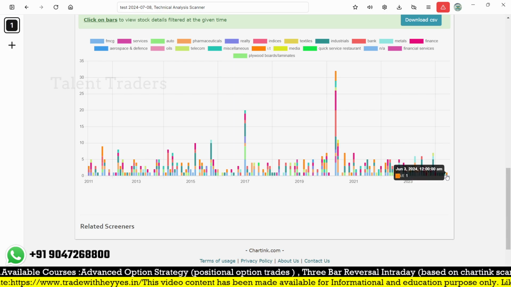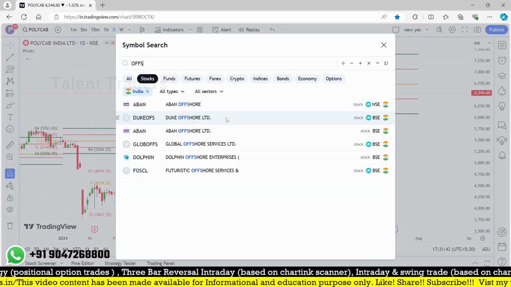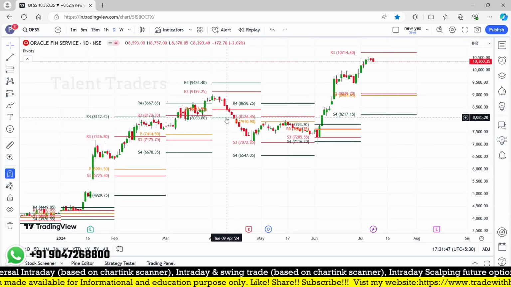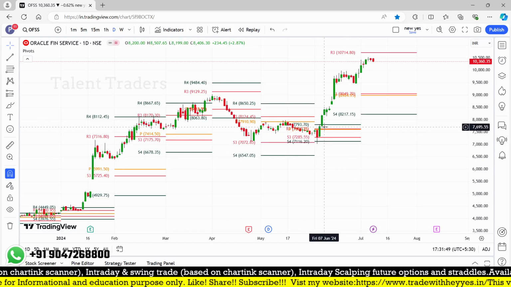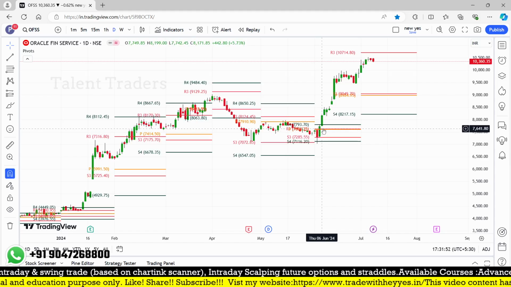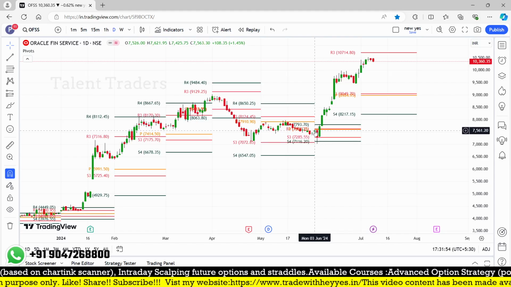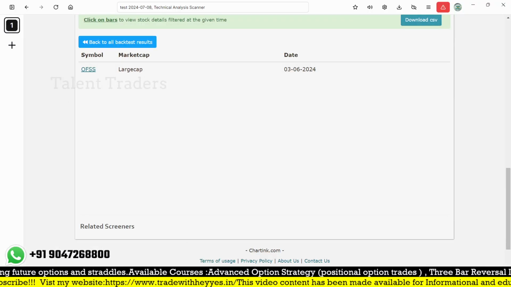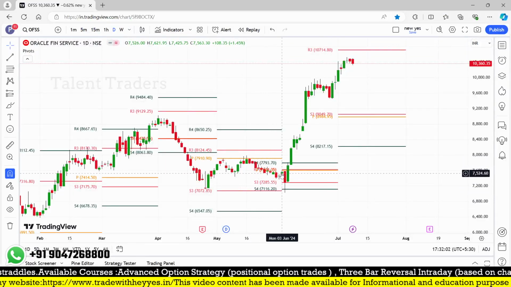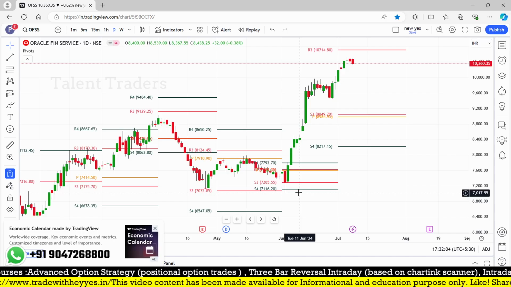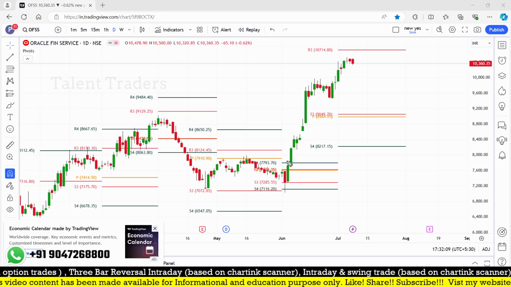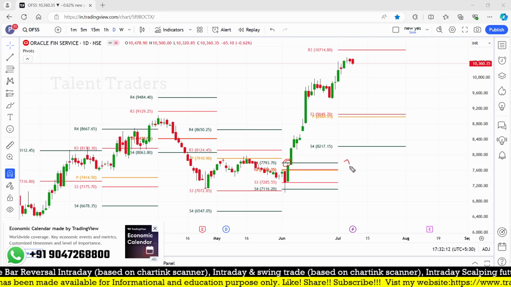And this is 3rd June, last month's stock OFSS. So let me check OFSS. Yeah, last month we found this opportunity, and that was the start of the month, 3rd of June. So it is showing in the scanner detail as the 3rd of the month. Okay, so it never repaints, and it will remain the same, and this is what I'm explaining and expecting. Based on the breakout here, I found a good breakout at this point,